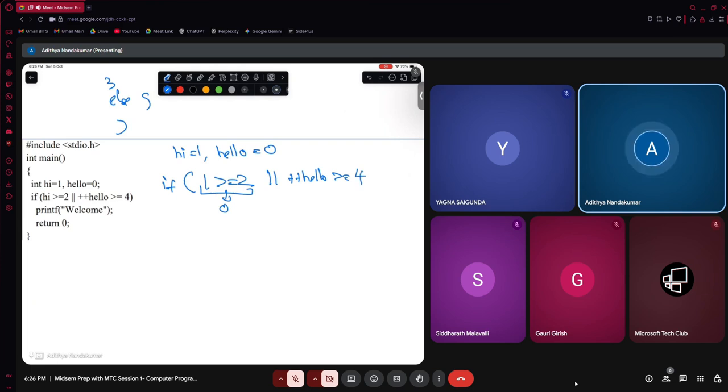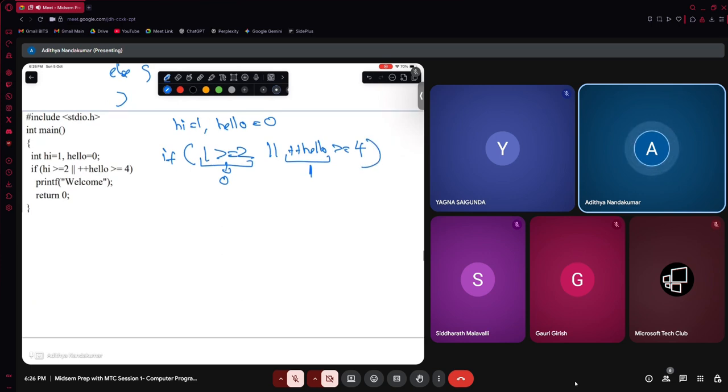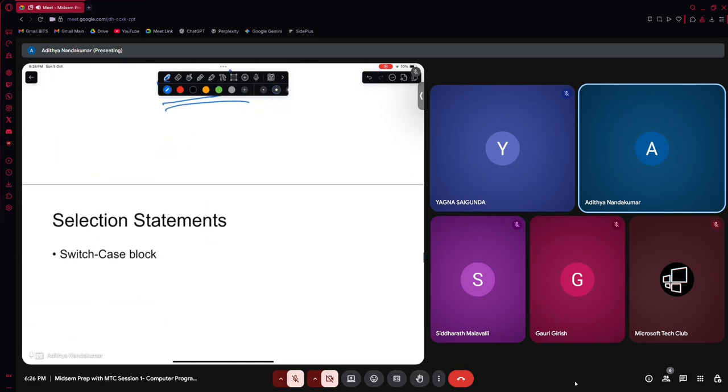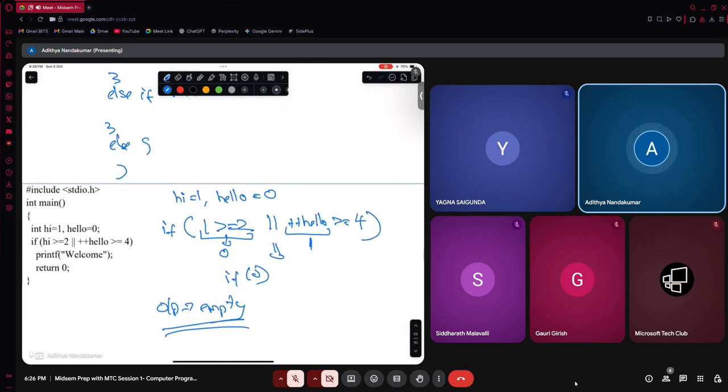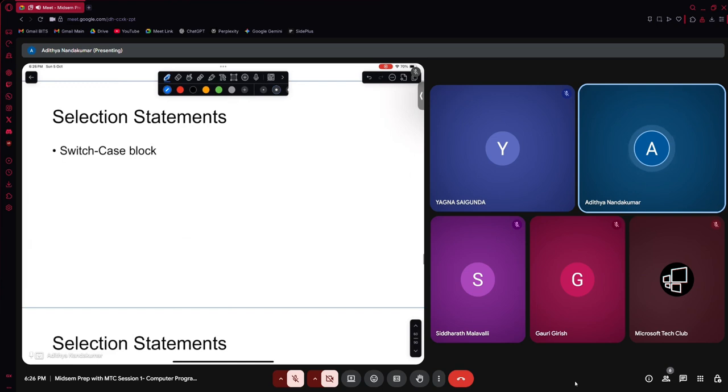Now again, plus plus hello will be taken as 1, and 1 is not greater than 4. So ultimately, this entire expression will be evaluated as 0. As a result, your output is going to be empty in this case. Yep, so that is about the if else statement. Next, we are entering